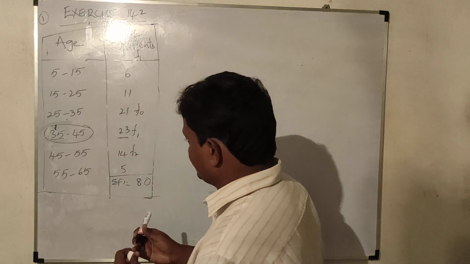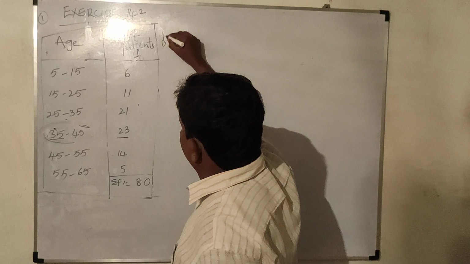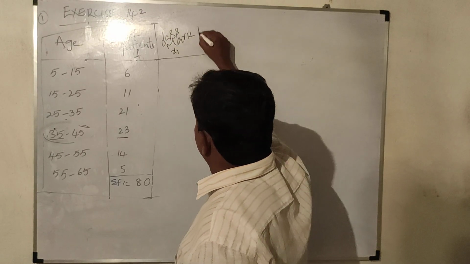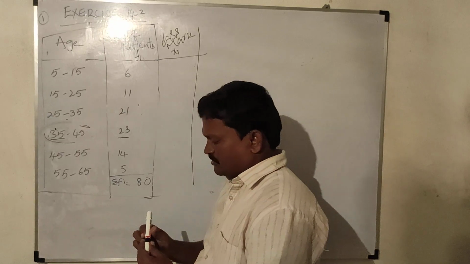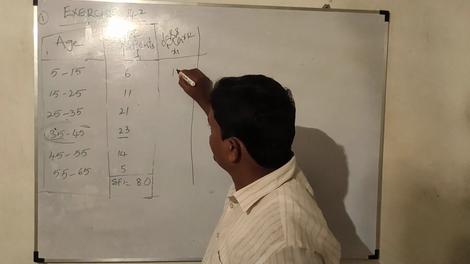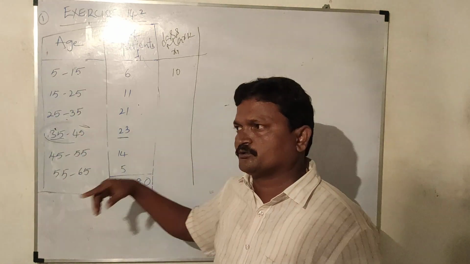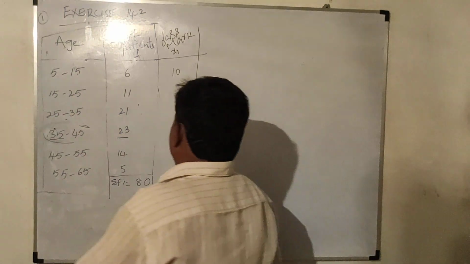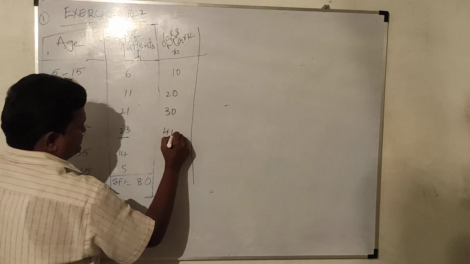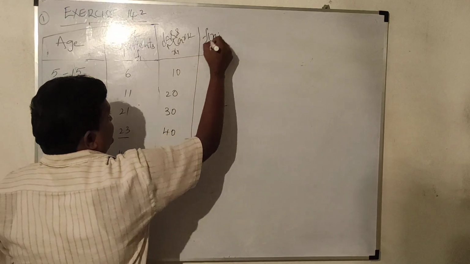So here for this we have to find the mean. To find the mean, class mark is needed. Class mark is xi. So what is the class mark? How to find it? 5 plus 15, how much? 20. 20 by 2 it is 10. And see the difference. What is the class interval here? 10. You have to add 10 to get the next class mark. 10 plus 10, 20. This is 30. This is 40. This is 50. This is 60.